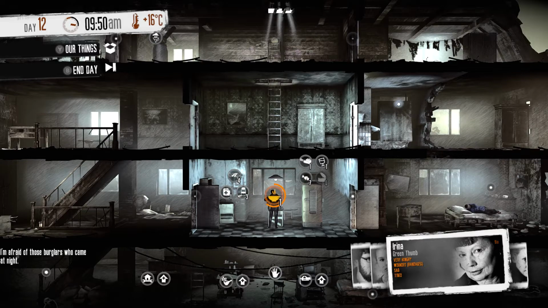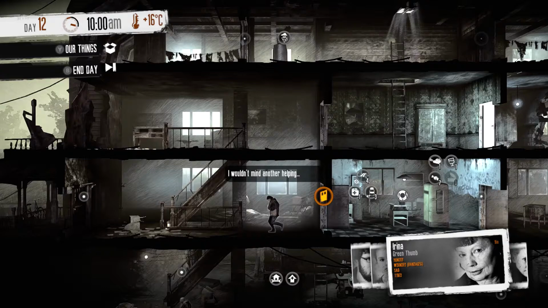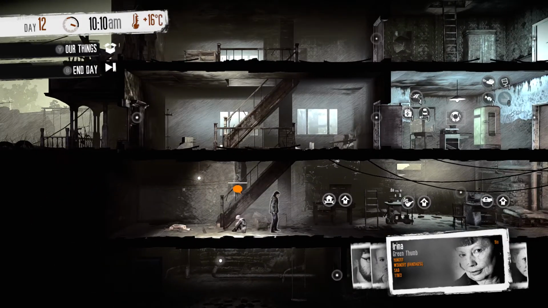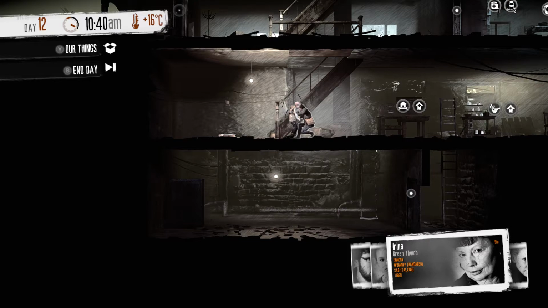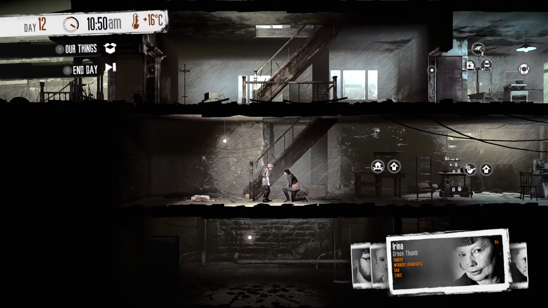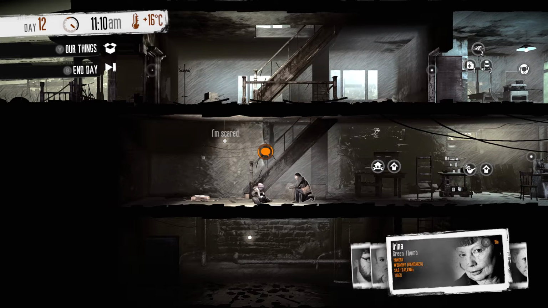So the key in this game is to leave them to almost the point of starvation before feeding them, to keep the food. Let's have a talk with the child, see if we can sort of cheer her up a bit. Just have a chat here. She really needs to sort of